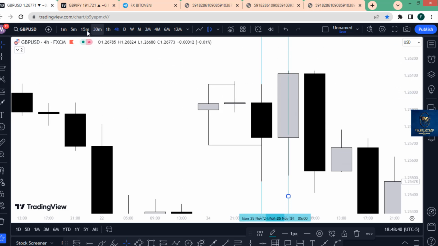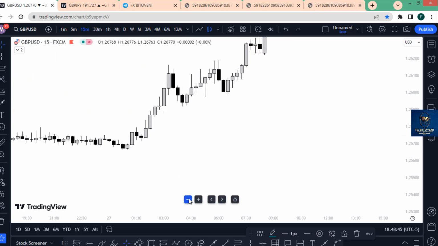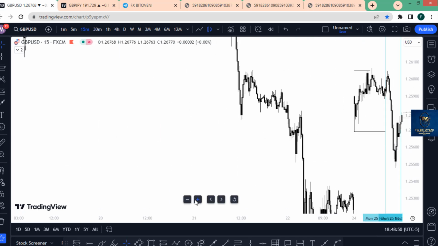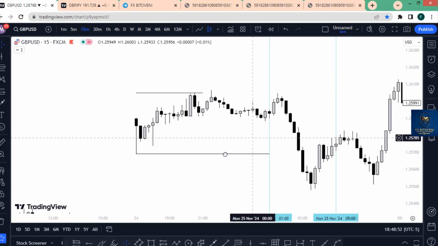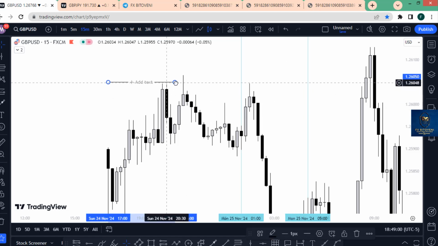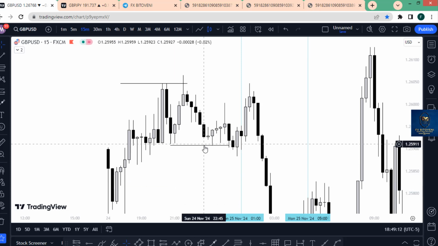Now let's go to 15 minute and see what is going on. Remember, 4-hour to 15 minute. Now we have a structure, we have a manipulation that was formed here, then I've got a breakout structure on this area. Now all we need is what? We need to see a pullback forming,